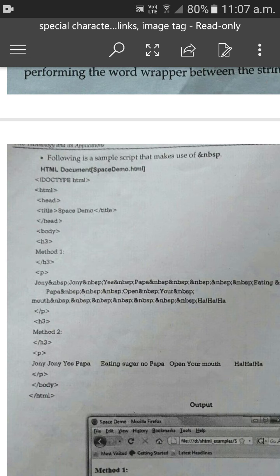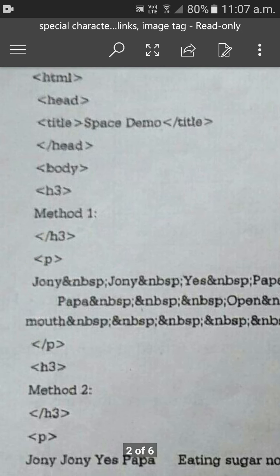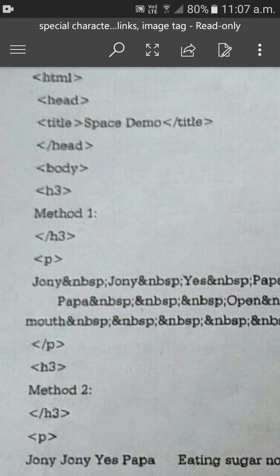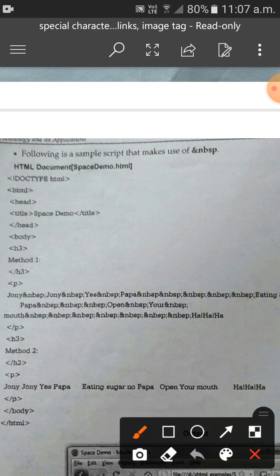Then the paragraph tag, where we are using NBSP. This is just a simple paragraph using the rhyme Johnny Johnny Yes Papa.